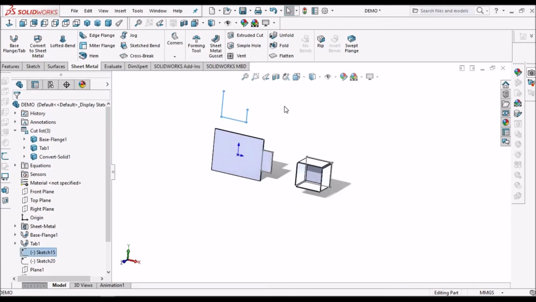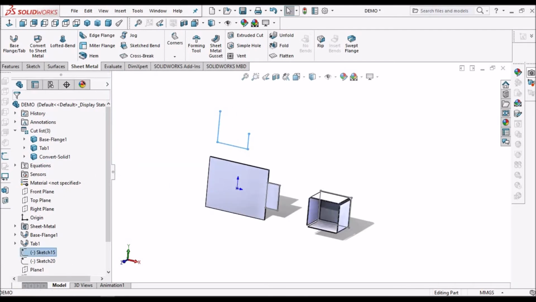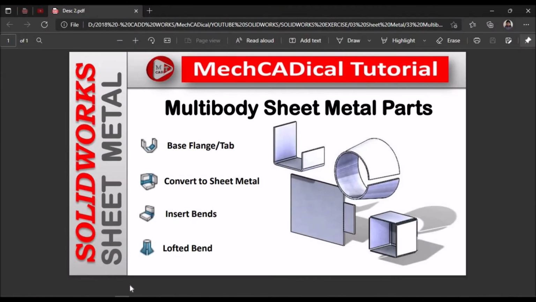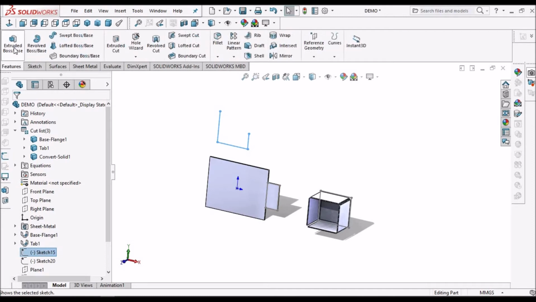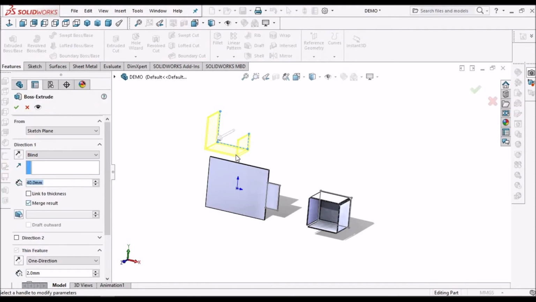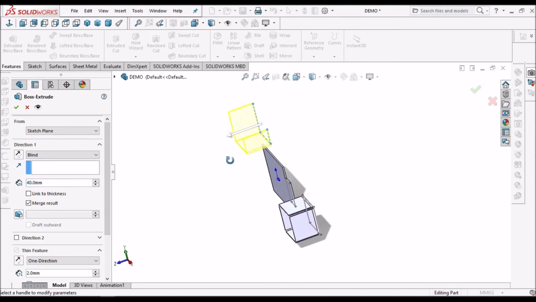So the next option is insert bend. So select this sketch. I have created the sketch on the front plane. Select the sketch and go to extruded boss. Since it is an open loop, it takes it as a thin feature.